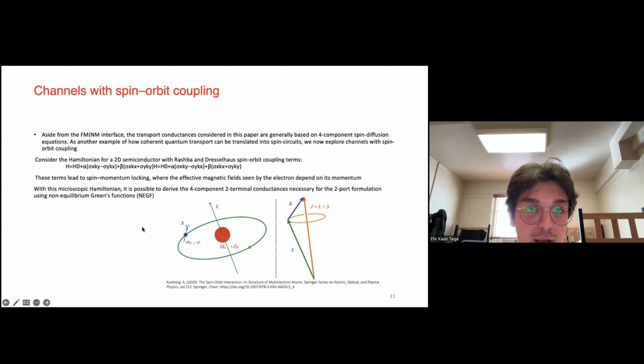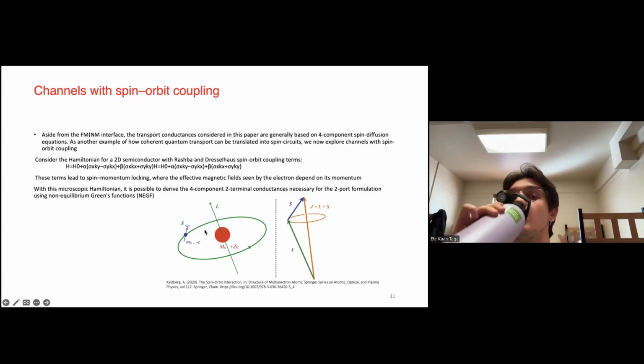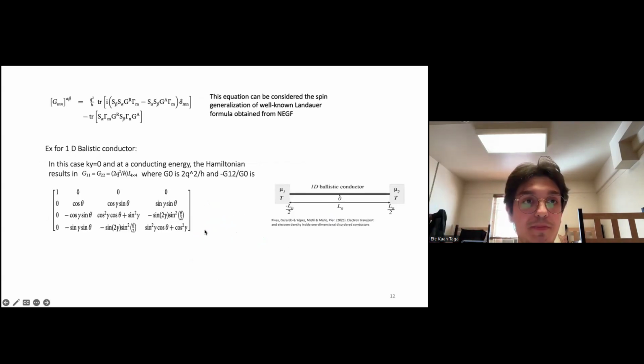Green's function. In this figure, we can see our angular momentum is the sum of our spin angular momentum and the rotational angular momentum. This equation can be considered the spin generalization of the well-known Landauer formulation obtained from the non-equilibrium Green's function, as we